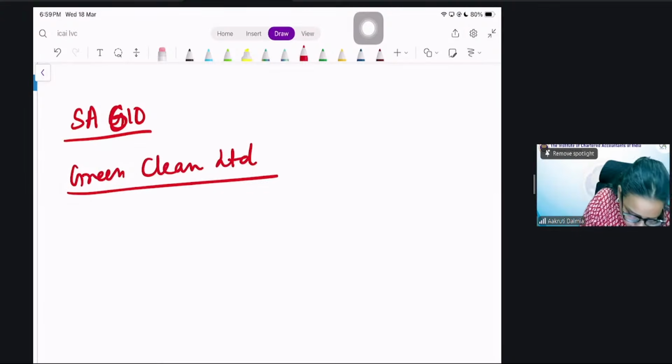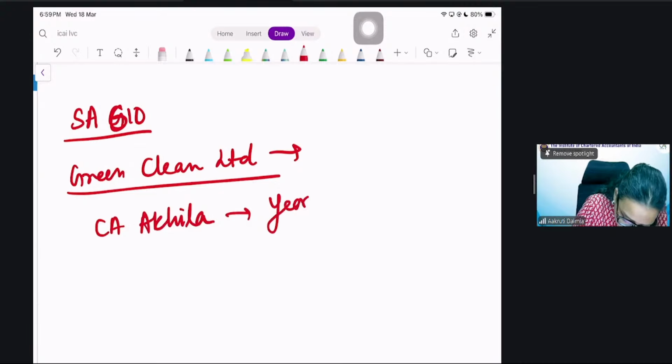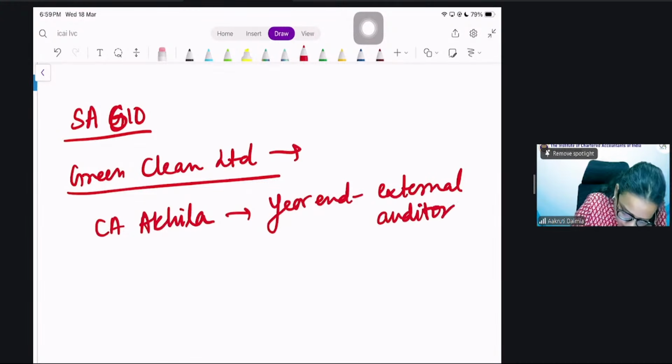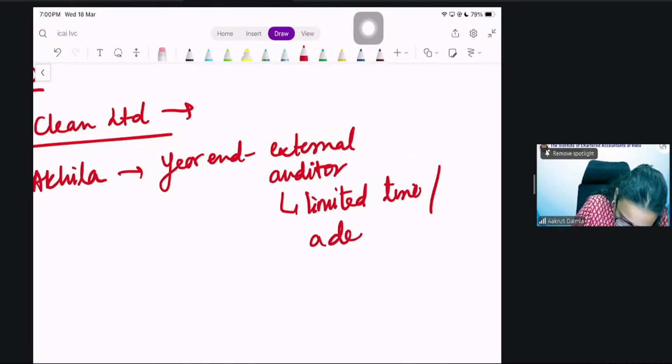Let's say Akhila goes, see Akhila is going at year end as external auditor. Now you have limited time and a deadline,